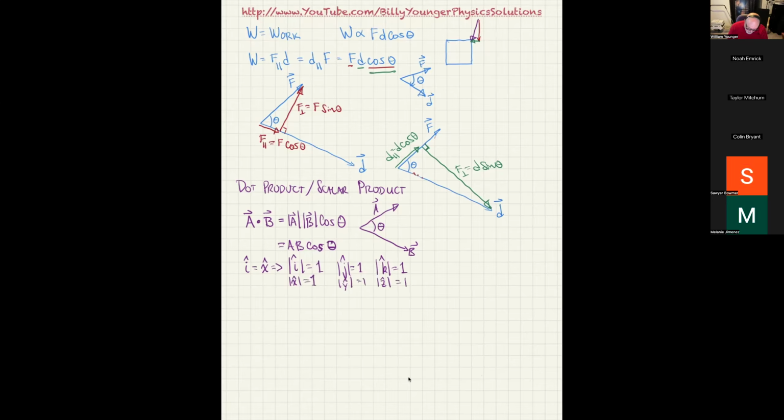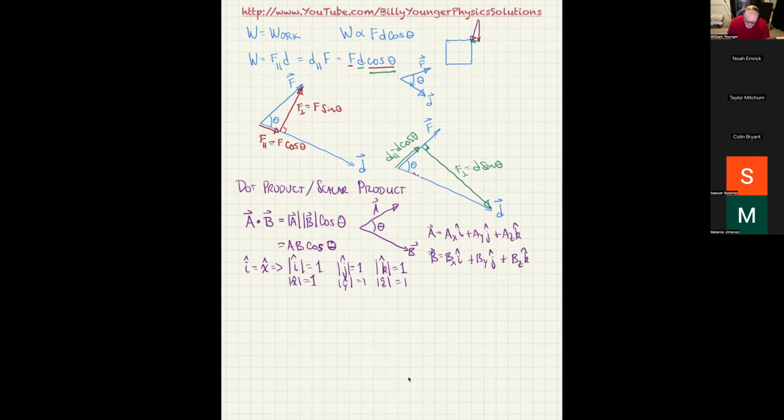Now, we learned a formula in terms of the magnitude of the one vector times the magnitude of the other vector times the cosine of the angle between them. So I'm going to make use of that. Specifically, I'm going to take the vector A, and let's say it is A sub x times i hat plus A sub y times j hat plus A sub z times k hat. Then I'm going to define the vector B as B sub x i hat plus B sub y j hat plus B sub z